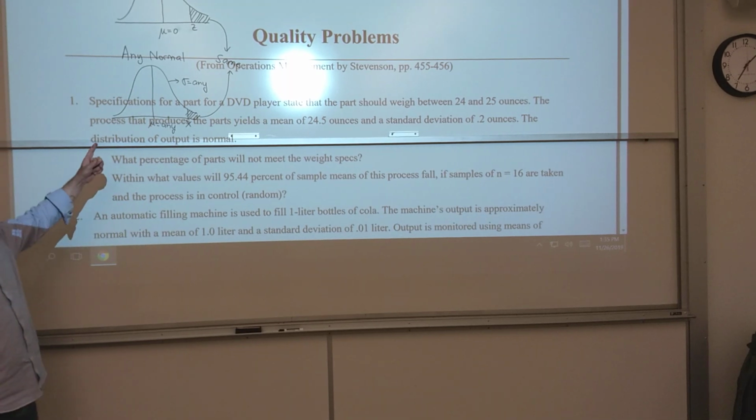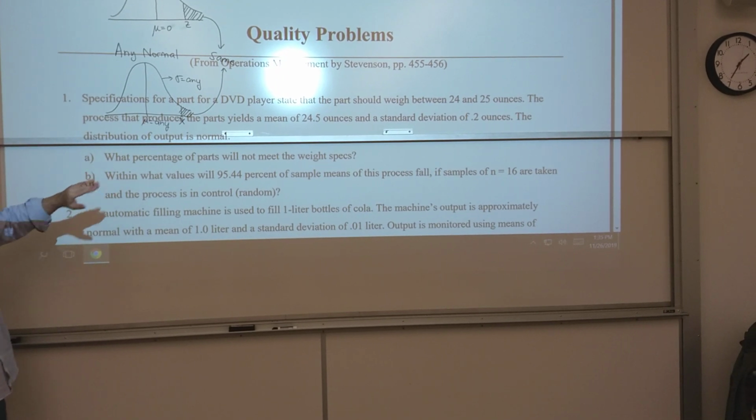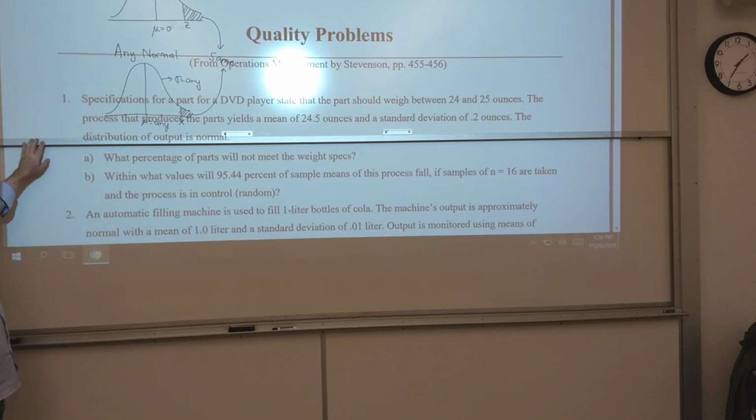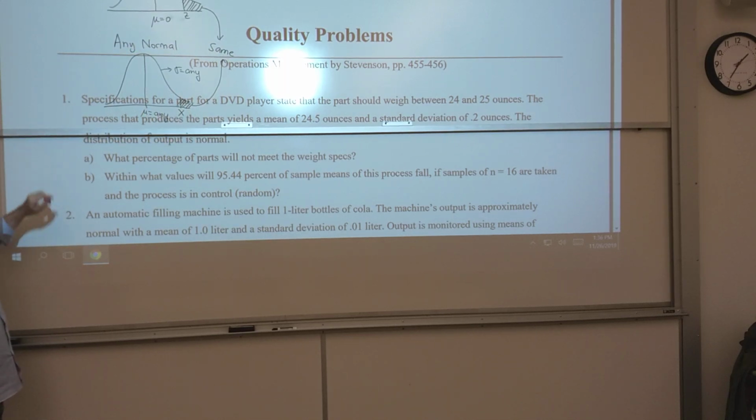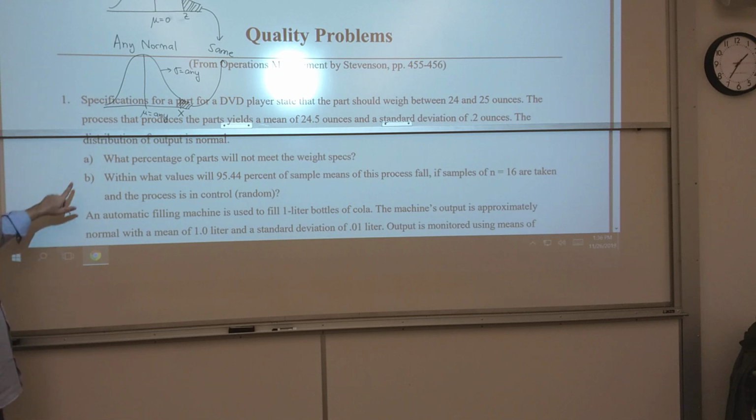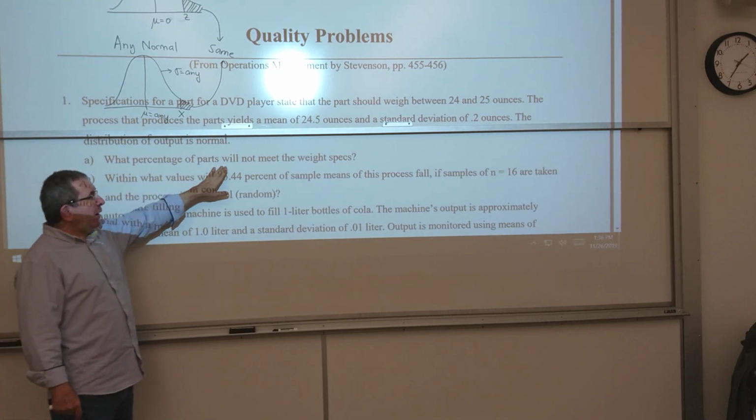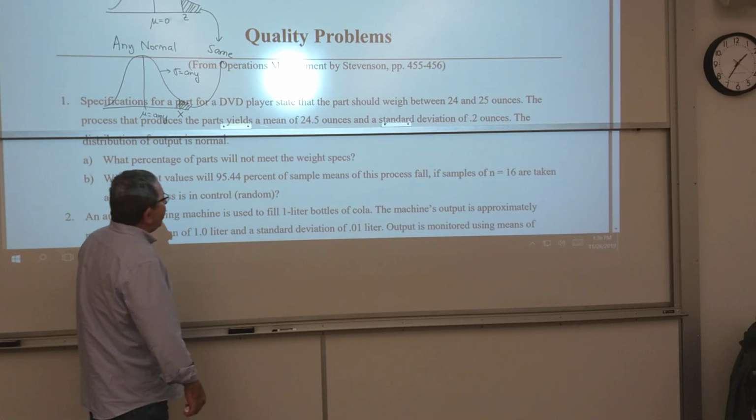The process that produces the parts yields a mean of 24.5 ounces and a standard deviation of 0.2 ounces. The distribution of the output is normal. Okay? So the first question, part A, asks, what percentage of parts will not meet weight